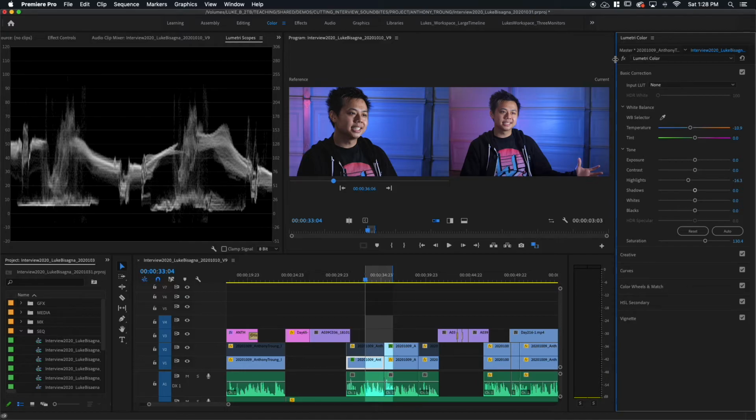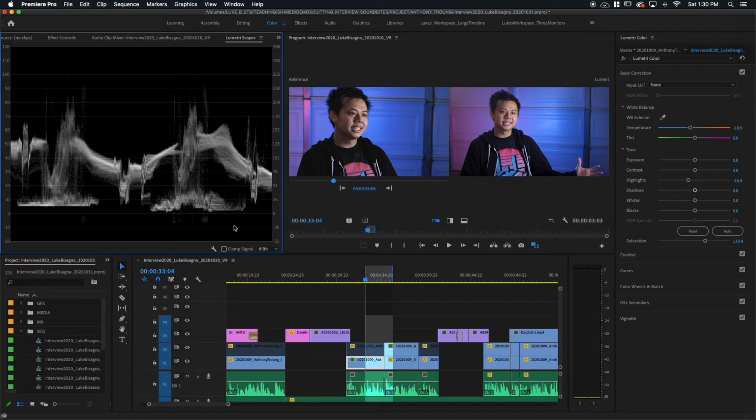Now, if I turn off the Lumetri effect here, just by hitting this bypass switch that says FX, you can see what I've done to the image. Look at the difference. This is before and after. You can see the scope move with the effect applied and the change in the overall color and exposure of the image, as well as a slight color temperature change. So this looks a lot closer than it did. Much, much better. So this is matching cameras using basic color correction in the Lumetri color panel.